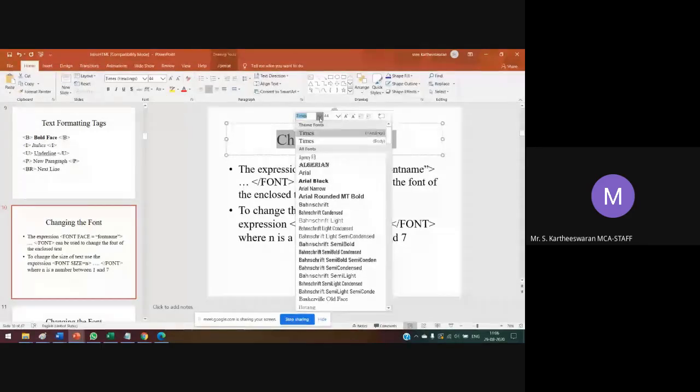So these are all several font faces. You have to change according to your need, and it will be reflected in your own designed web pages.